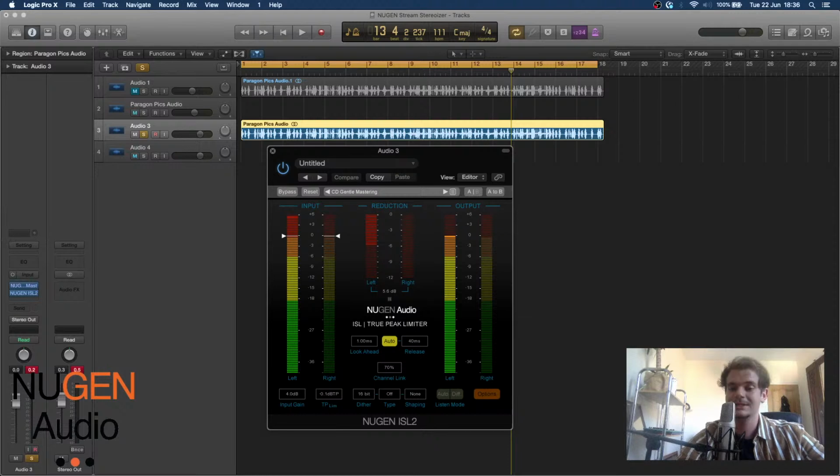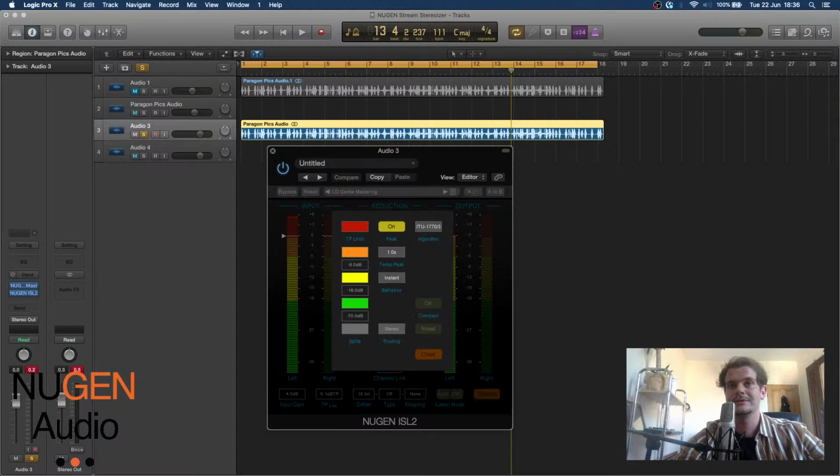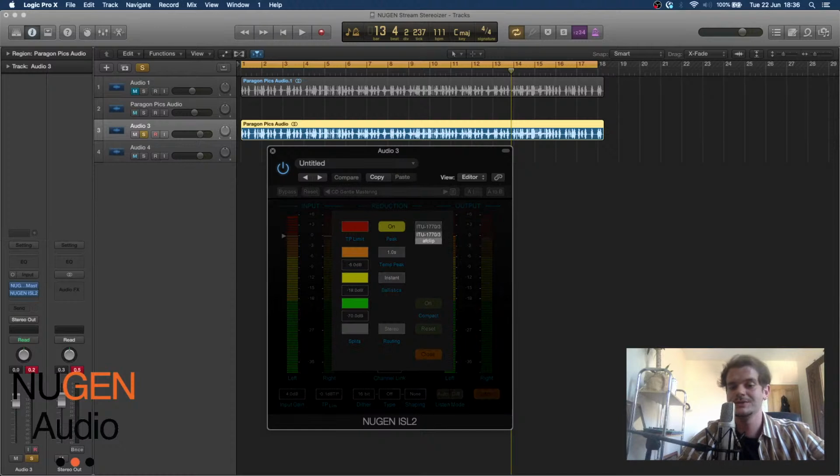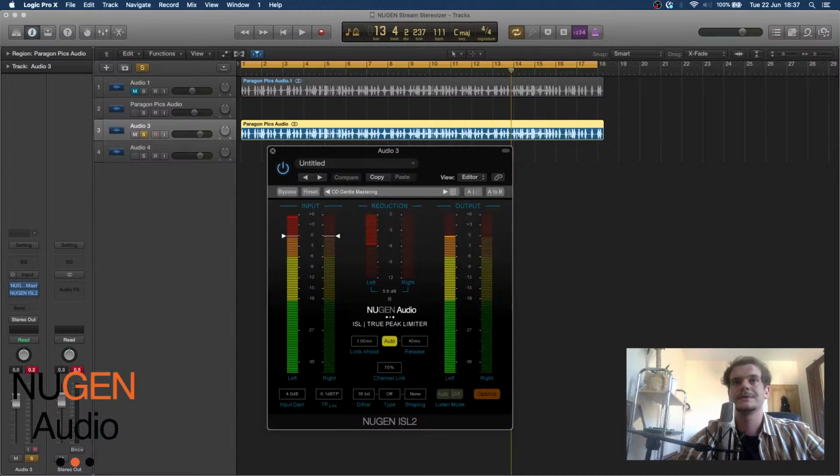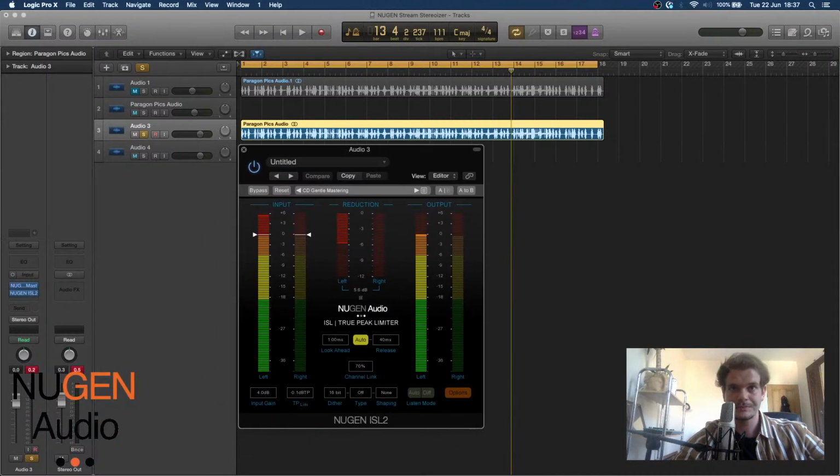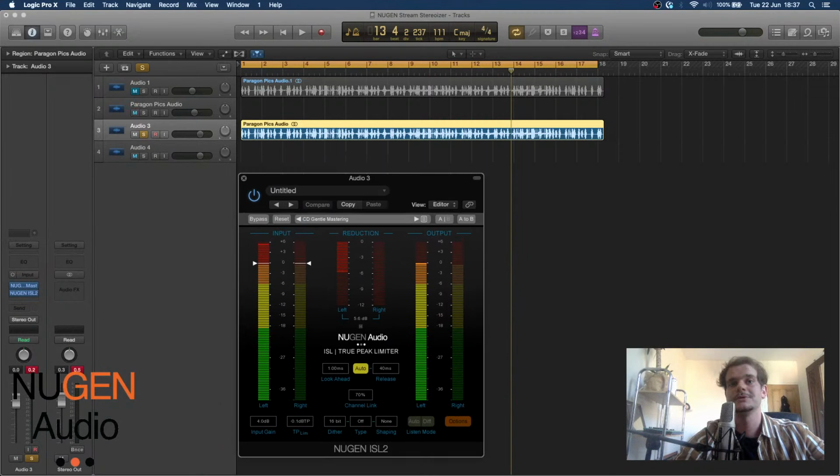With it being True Peak, this can help to ensure that downstream codecs such as MP3 and AAC do not introduce distortion. So by default, this is all already set up with the ITU 1770-3 algorithm. You can change this to use Apple's AF clip algorithm, and you can adjust. This just works as would a normal True Peak limiter, but just how it works behind the hood is it helps to reduce codec distortion,